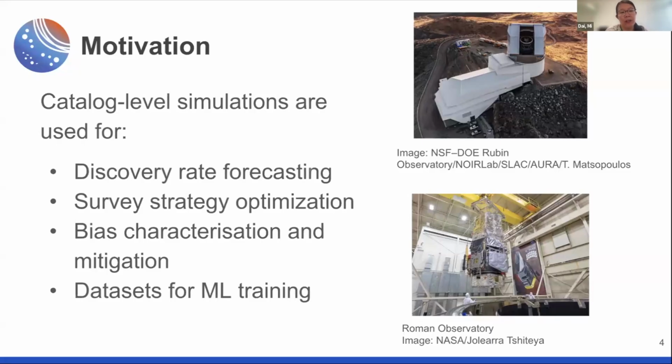And simulations are very important for training machine learning algorithms, providing training sets and data augmentations. This is even more important with next generation telescopes such as the Roman Observatory, because we're having so much more data and more sophisticated algorithms are being developed using all these kinds of